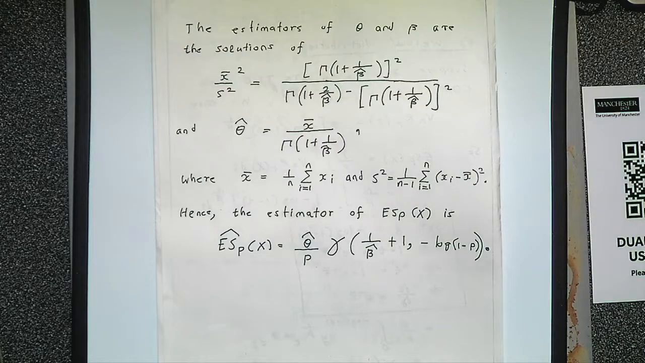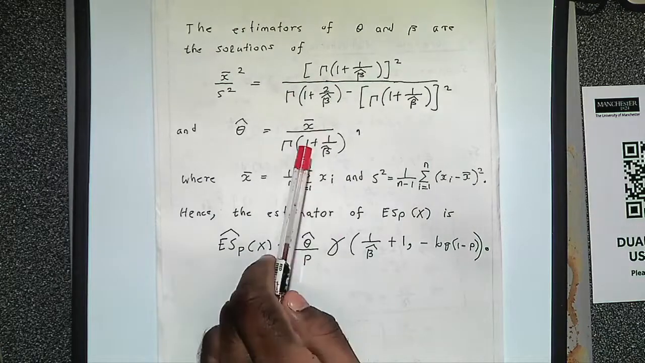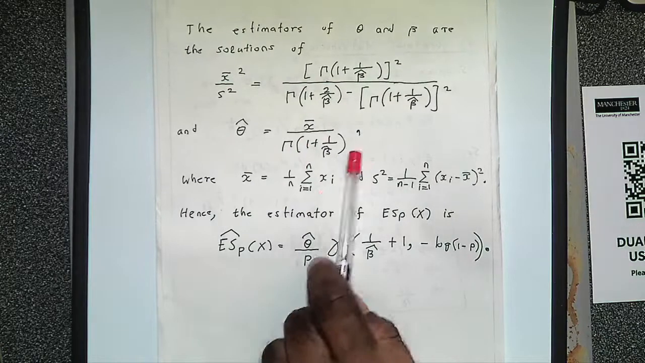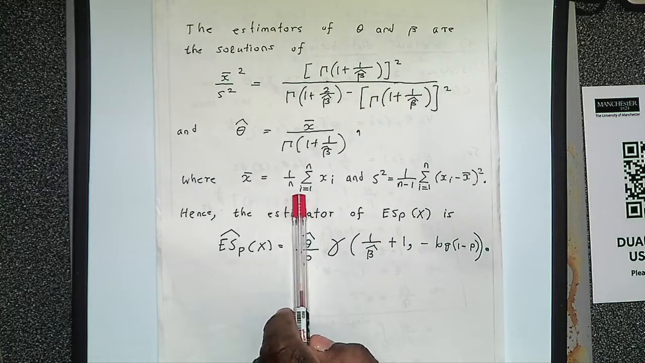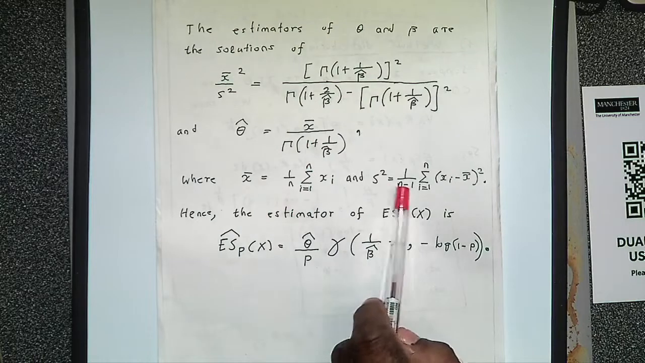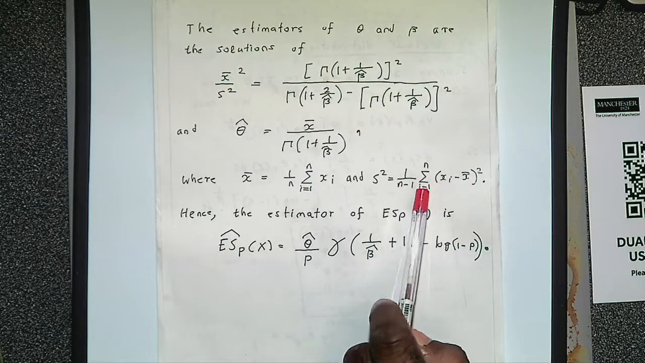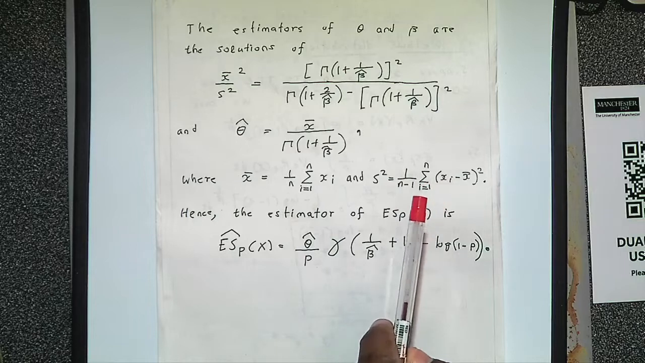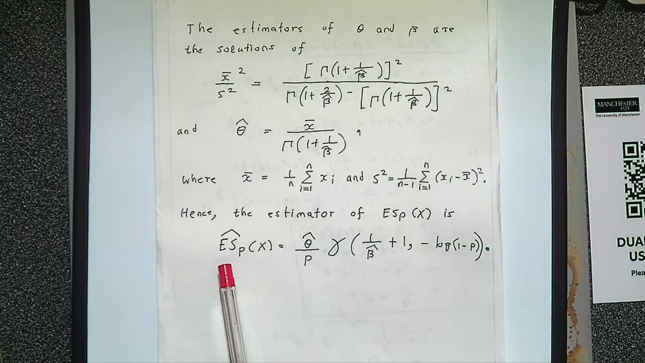I don't expect you to know this, that the estimators for theta and beta are the simultaneous solutions of these two equations, where x bar is the sample mean and s squared is the unbiased version of the sample variance. So hence the estimator for ES is given by this. So those are the 4. So these are the 4